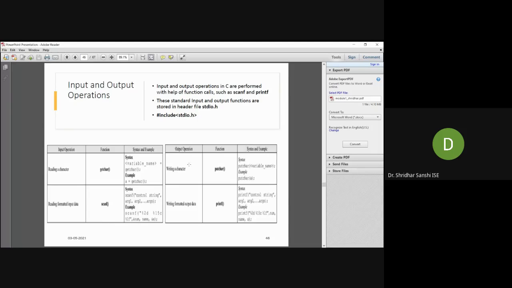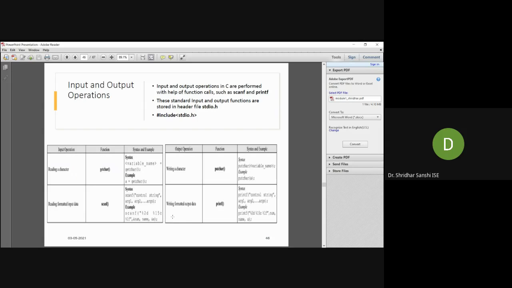In C, suppose we are reading a character, so these are the input operations. If you want to read a character, the function we are using is getchar. This is the function that is used to accept a character from the keyboard. See, here is an example. a equal to getchar function.